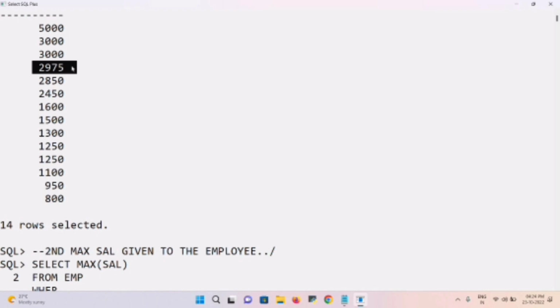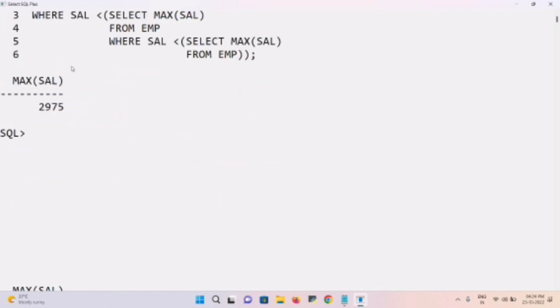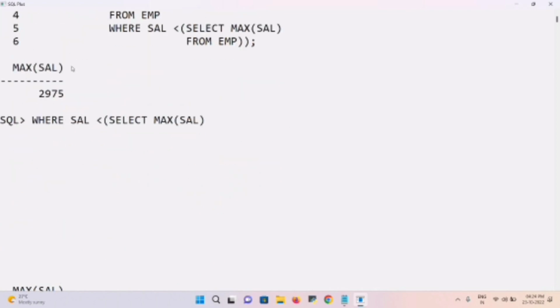So this is how we find the maximum salaries. In such a way we can find a minimum salary. For the minimum salary we have a direct syntax, but let's execute the second minimum salary. How to identify? We already learned the logic. What was the logic? We should use greater than when finding the nth minimum salary. Min of sal